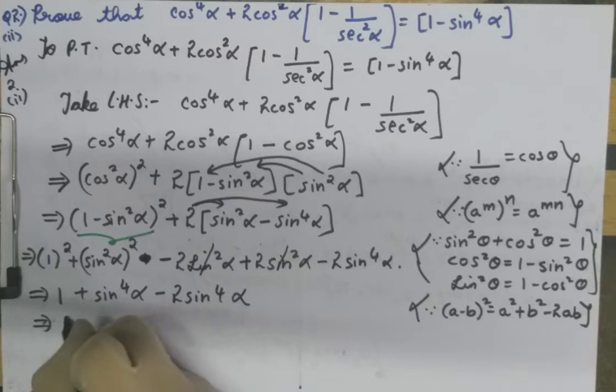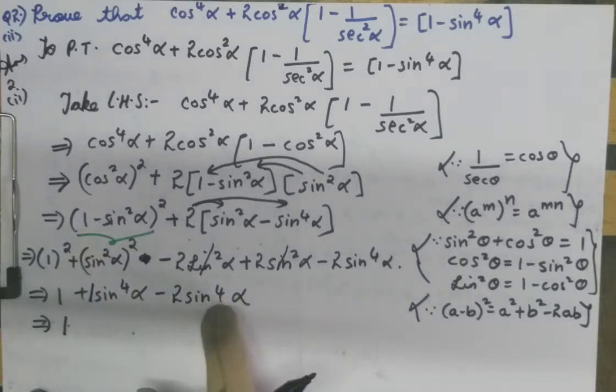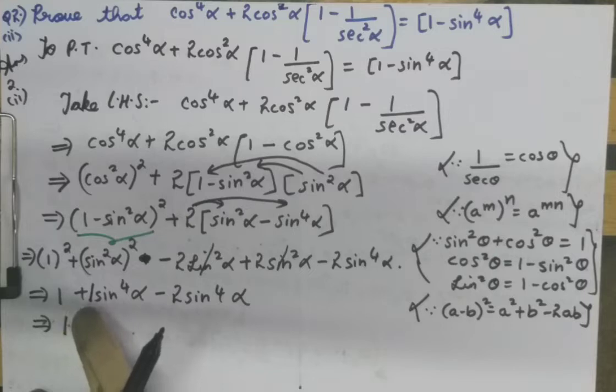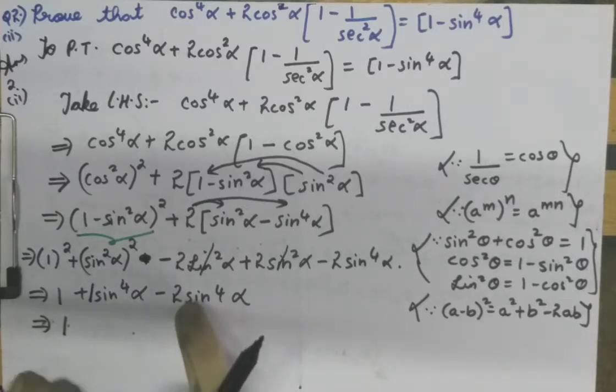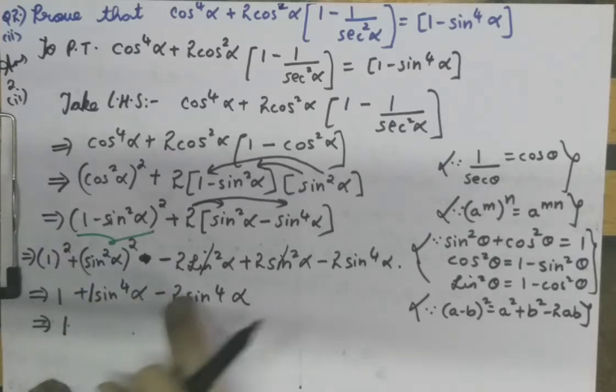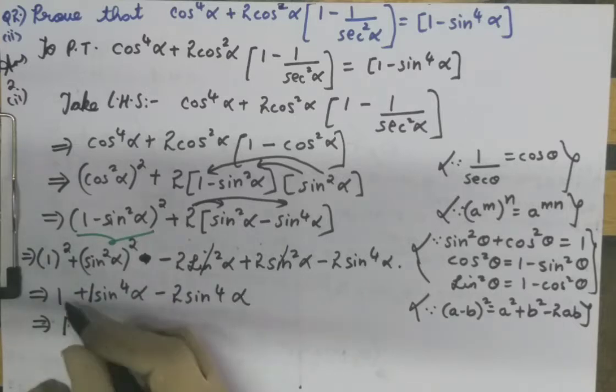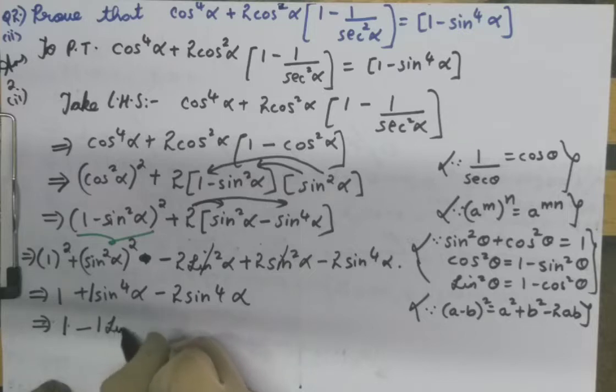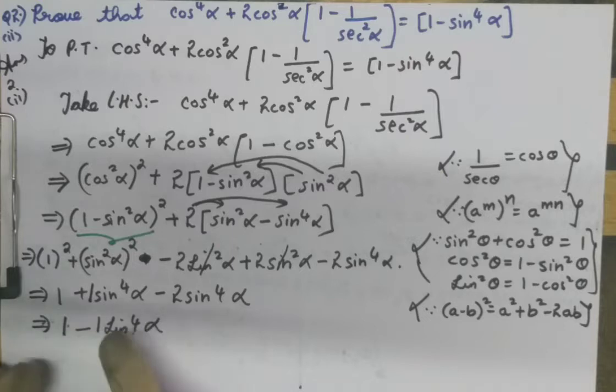That is equal to 1 as it is. Here, what is the coefficient before sine power 4 alpha? The coefficient is 1. So both are sine power 4 alpha only. Here we have plus 1 as the coefficient and here we have minus 2 as the coefficient. What is 2 minus 1? 2 minus 1 is 1, and the bigger number's sign is minus. So we have minus 1 power 1 sine power 4 alpha. But generally we don't write 1 before sine power 4 alpha or before any trigonometric ratio. We'll just write sine power 4 alpha, because 1 into anything is itself.